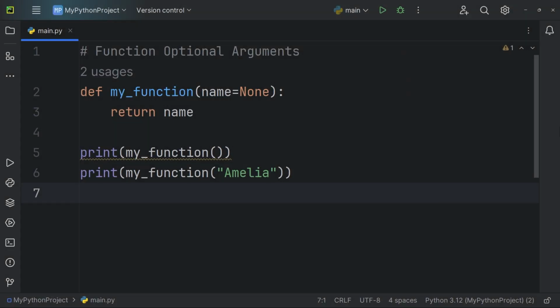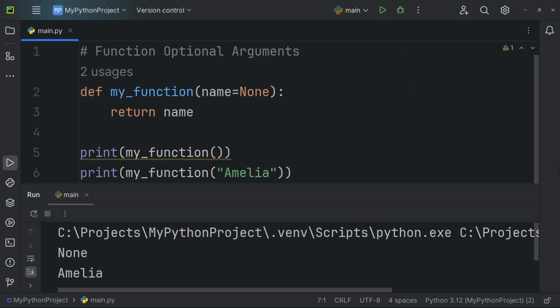By setting a parameter's default value to None, we can check whether the caller has provided an argument or not. This is especially useful for optional parameters, allowing the function to behave differently based on whether an argument was supplied. Consider this example. This line defines a function named myFunction that takes one parameter, name. The parameter name has a default value of None. This means that if no argument is provided when the function is called, name will automatically be set to None. The function returns the value of the name parameter. This could be either the value passed to the function or None if no